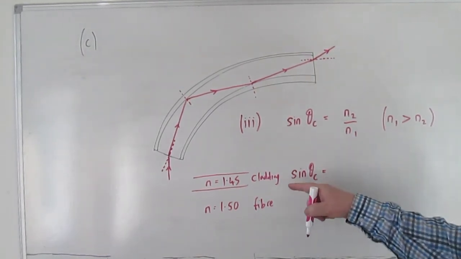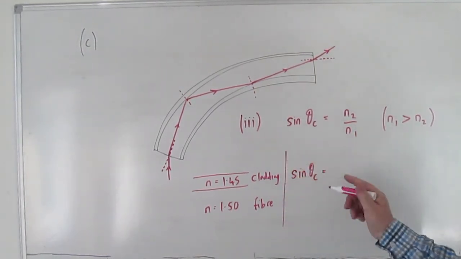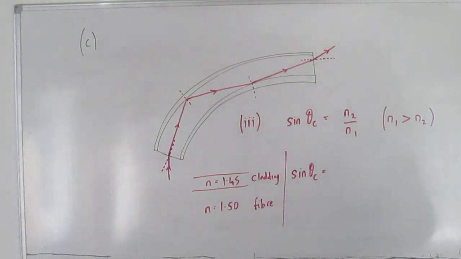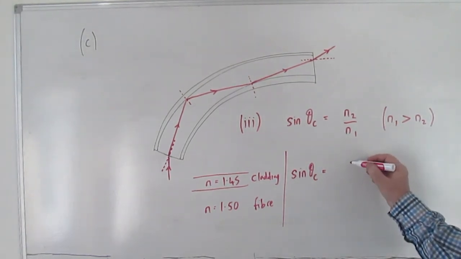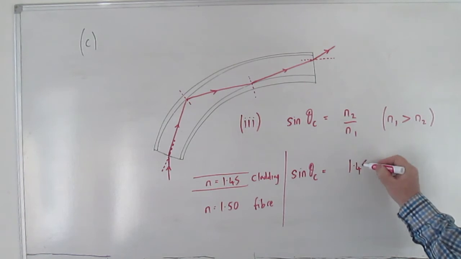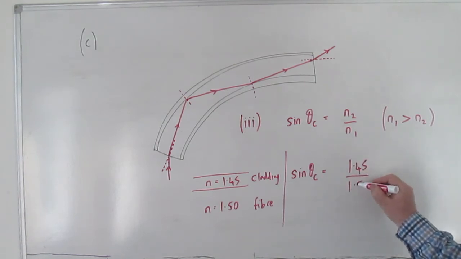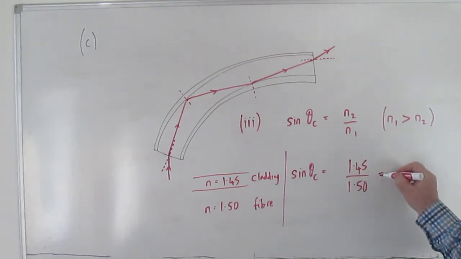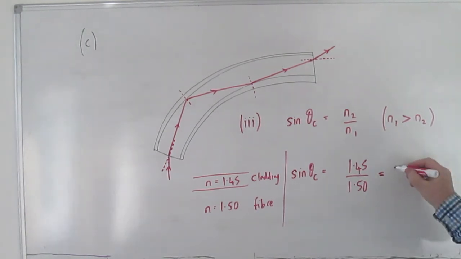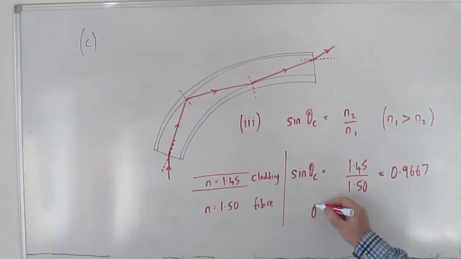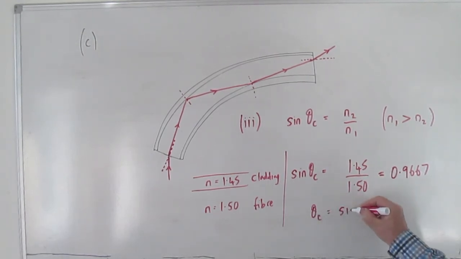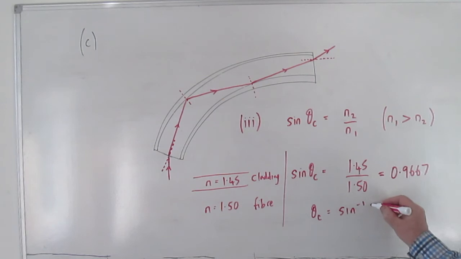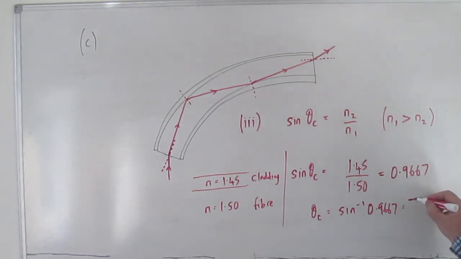Okay, so we can therefore say that sine of the critical angle is equal to 1.45 divided by 1.50, which is equal to 0.9667, and therefore the critical angle is just sine to the minus 1 of 0.9667, which works out as 75.2 degrees